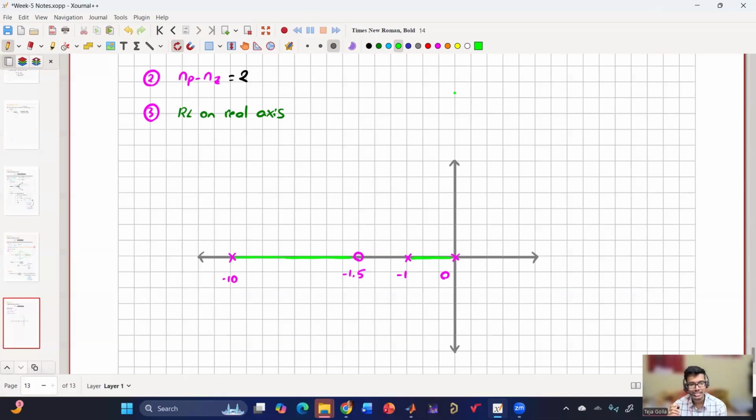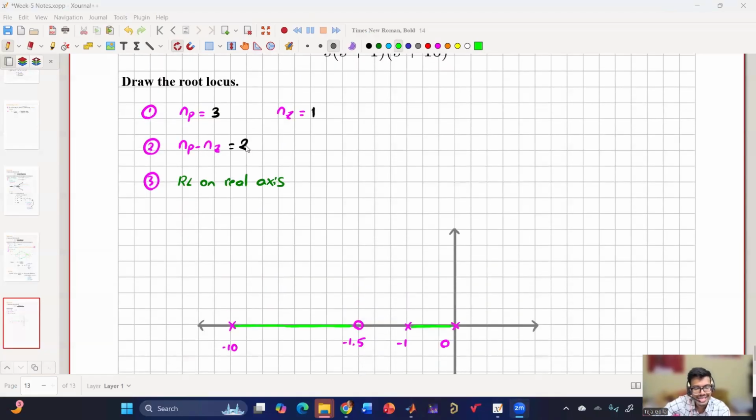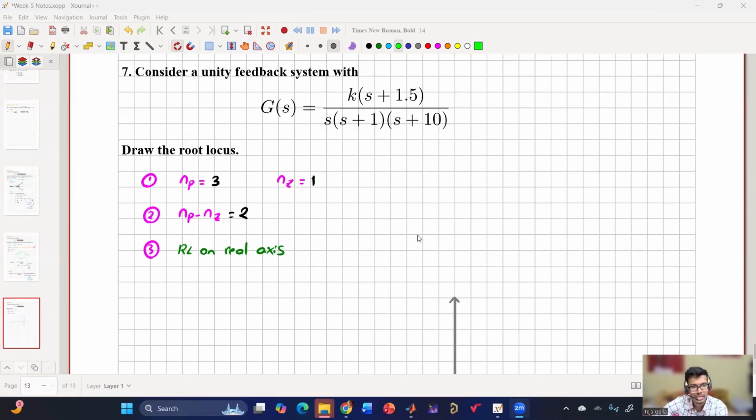So now let us see whether the region between -1 and 0 will hit or not. Chidananda? Yes, you said it will hit. So we have to find the breakaway and break-in point. Because there are asymptotes, one of these poles will move to the zero and two poles will go towards infinity. So let us find the angle of asymptotes as well as the